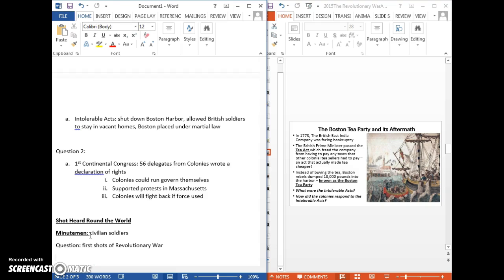How did the colonies respond to the Intolerable Acts? Well, with the First Continental Congress. These delegates from the colonies wrote up a Declaration of Rights saying the colonies could run themselves, supported the actions of the protests in Massachusetts, and they would fight